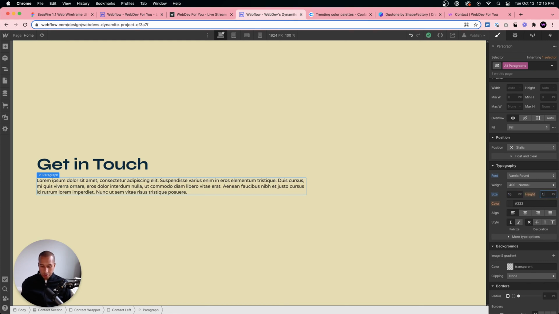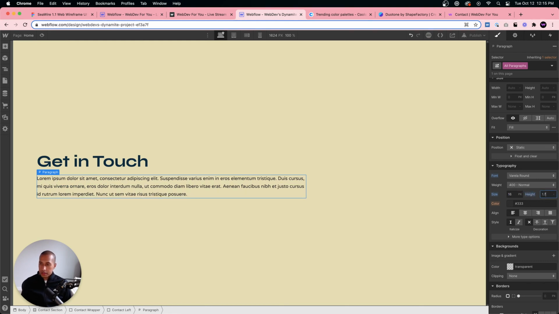And a line height of 1.7 unitless. So unitless is like percentages. So it's like 100% line height, or in this case 170%, I think. I don't know if they correlate exactly, but I like using unitless for line height. It just helps with responsiveness when getting to different devices.